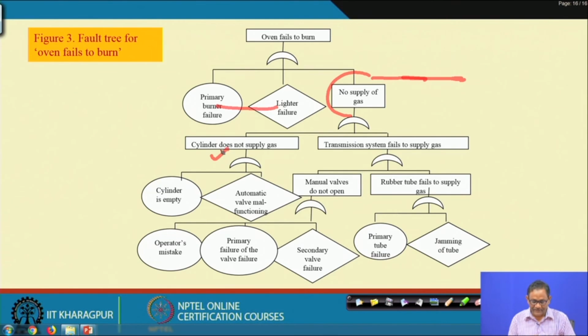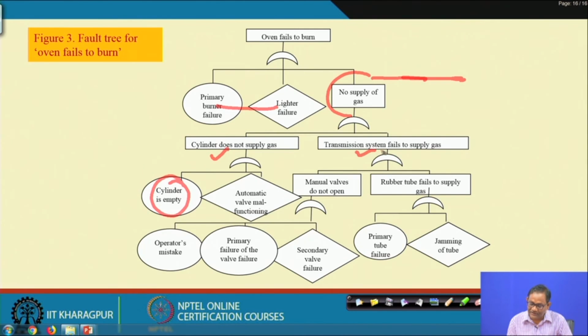Cylinder does not supply gas, transmission system fails to supply gas. Then why is the cylinder not supplying? Cylinder is a component: cylinder is empty, automatic valve malfunctioning. You are putting a diamond because you do not know why it is malfunctioning at that point in time. Then what happened,